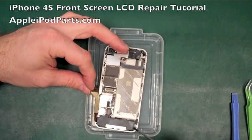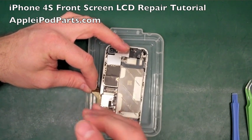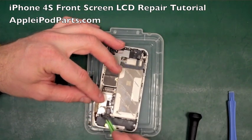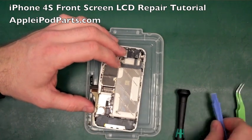Now we've removed 1 screw from that speaker dock so far. We can remove the other screw here, just like so, and we've got a minuscule little plastic bracket that comes with that as well. So that's that off. Next thing we're going to do is going to